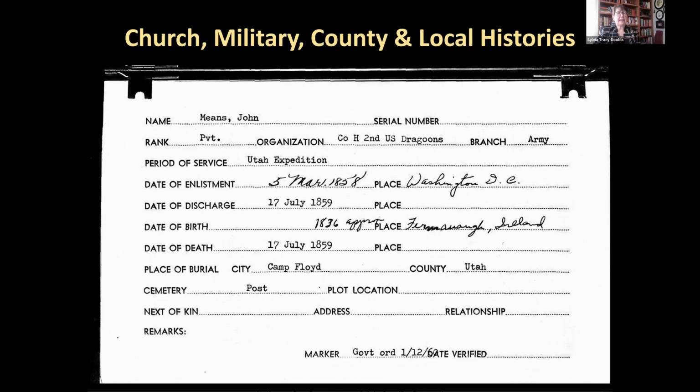He enlisted in 1858 in Washington, D.C., so we know where he was living at the time he enlisted. It gives the date of discharge, which is the same date as the date of his death. And the date of birth says 1836 approximate, and he's from County Fermanagh in Ireland. So really great information available through these types of things. And again, that's going to help you